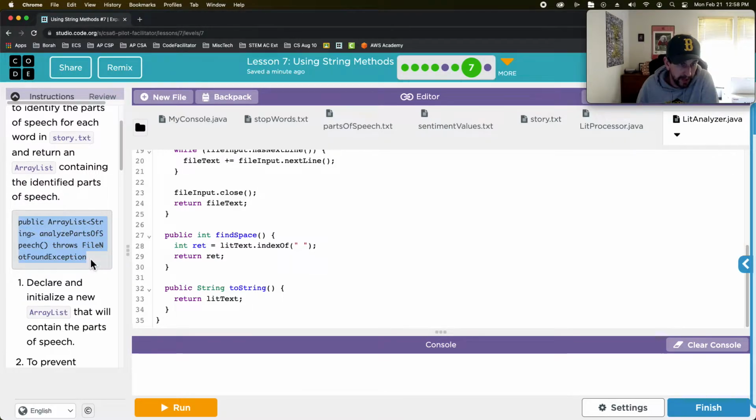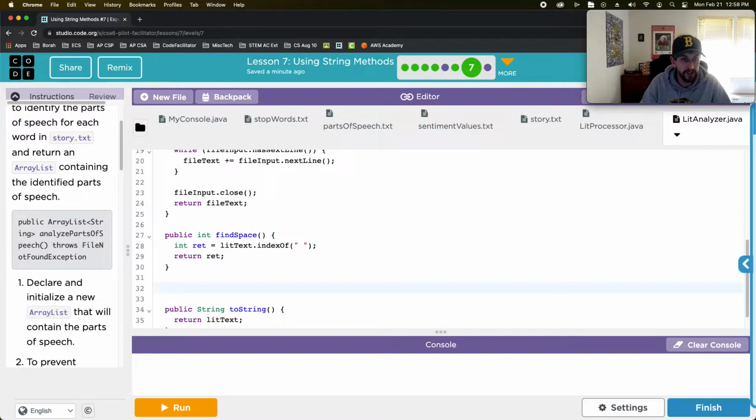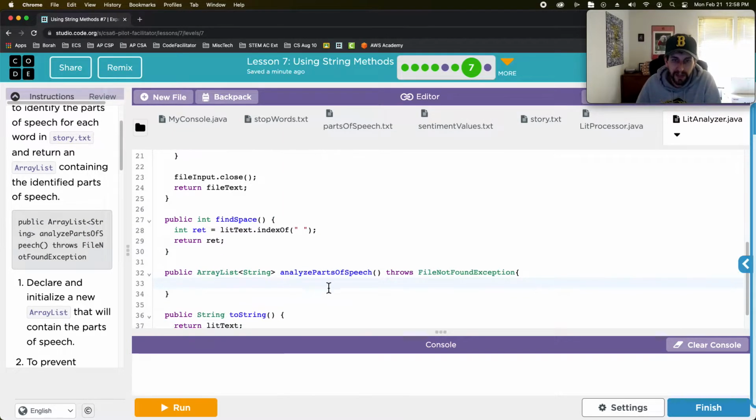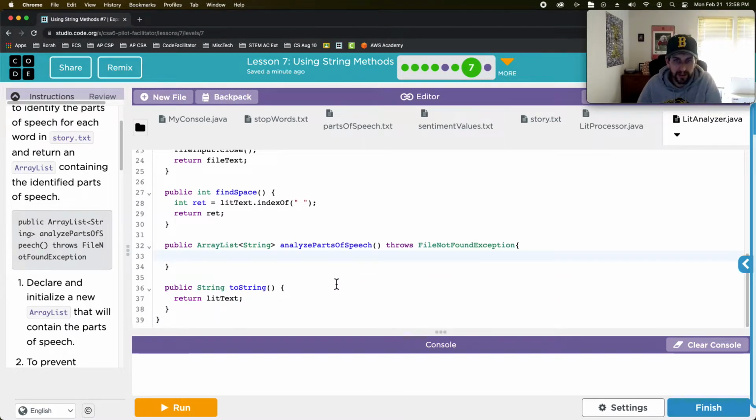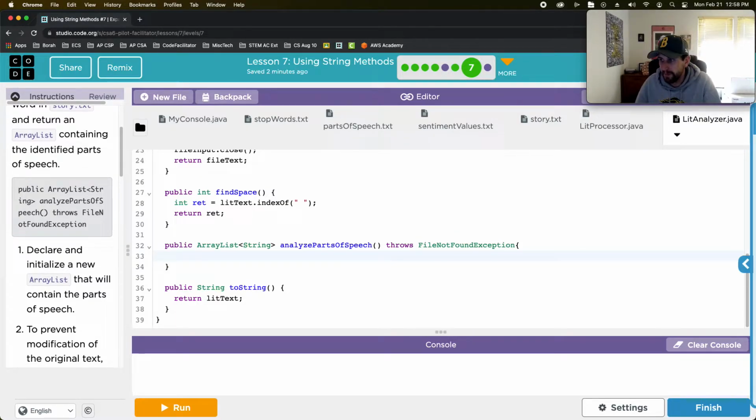So I'm going to grab this. And just before my toString, I like my toString to be the last method in my class. Why that is, I don't know. I've just always done it. So all the new methods that I write are just above my toString. But anyway,